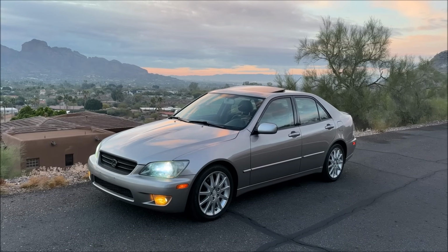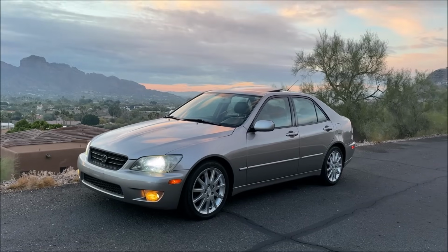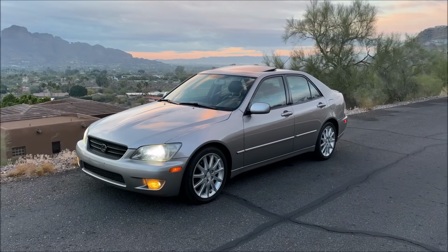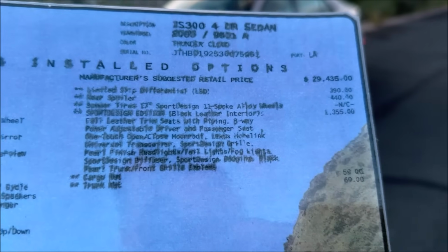Now the cool thing about this car, besides having only 118,000 miles, and remember it's a 21-year-old car even though it doesn't look it, is it came with a ton of records. This car was dealership serviced, originated in California. In fact, here's a laminated copy of the original window sticker. So this had an original purchase price of $32,293, including destination,